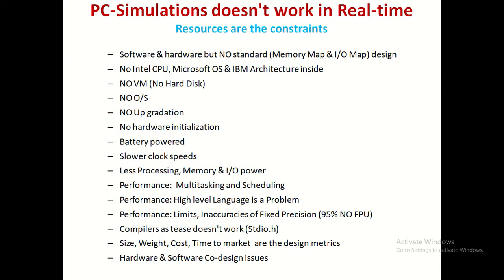So they matter a lot. Similarly, when it comes to some of the product, cost is an issue. Say for example, set top box. If I have a set top box which is slightly low cost, people will quickly go for that particular model. So one has to worry about these design metrics. And lastly, selection of the software and hardware is a design issue when it comes to application specific system.